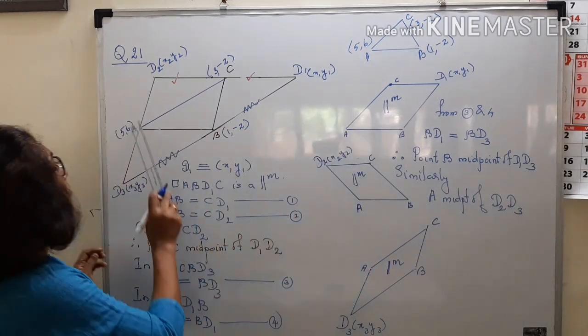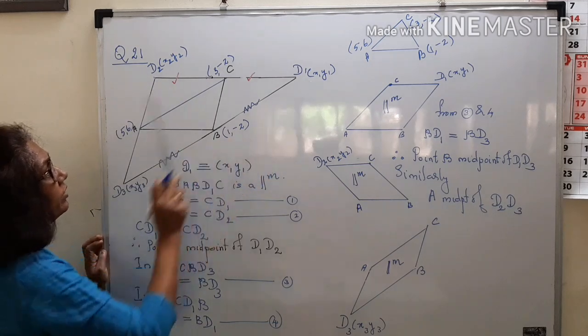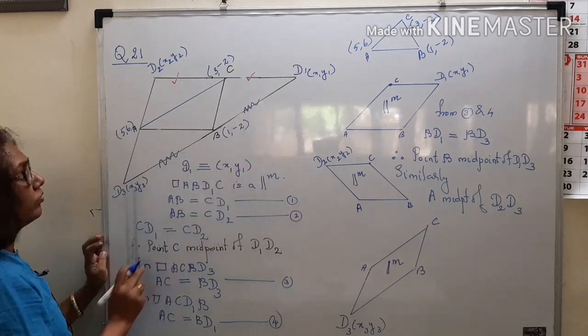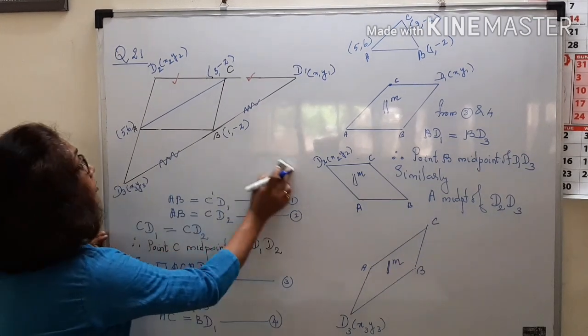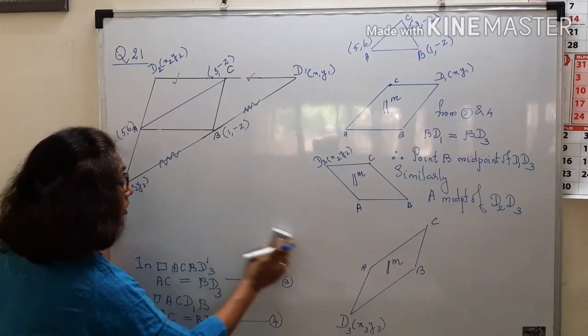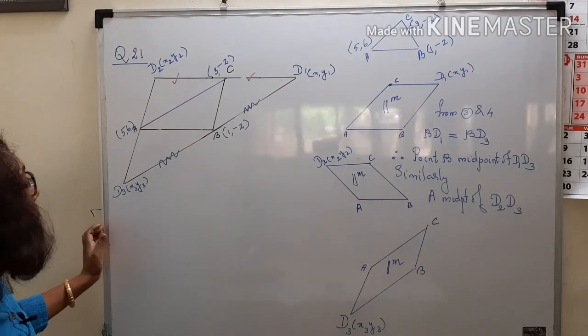So, we have midpoints: A midpoint of this segment, C midpoint of D1, D2, B midpoint of D1, D3. Therefore, using the midpoint formula, we will now be able to calculate the